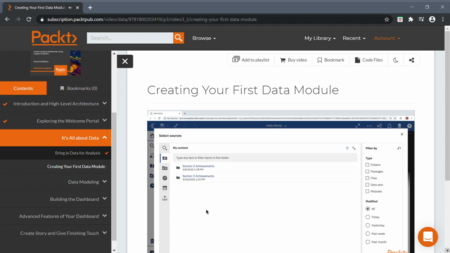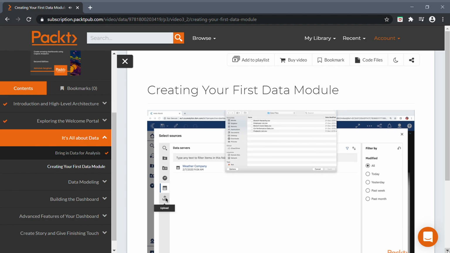The first question Cognos asks us is to select the sources for data. If we were going to use a connection to database, then we would have used this Data Servers and Schema option. This is where we can use the data server connections which we spoke about in the previous video. Another option we have here is uploading new files by clicking on the upload button and then selecting the files. In our case, we already have the files uploaded, so we are going to cancel this